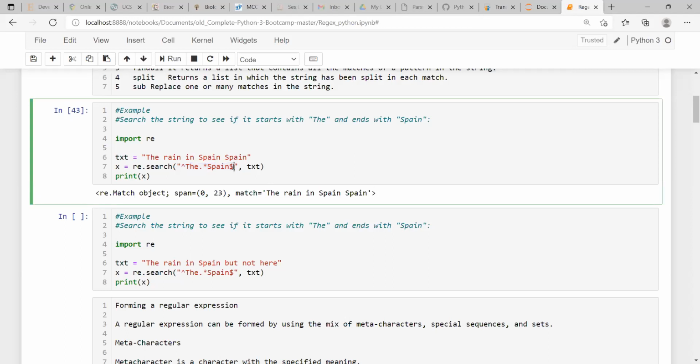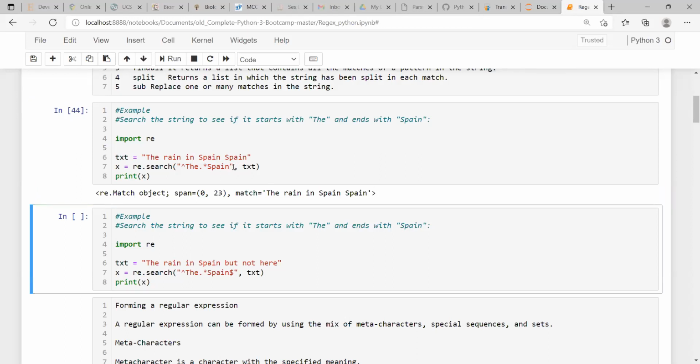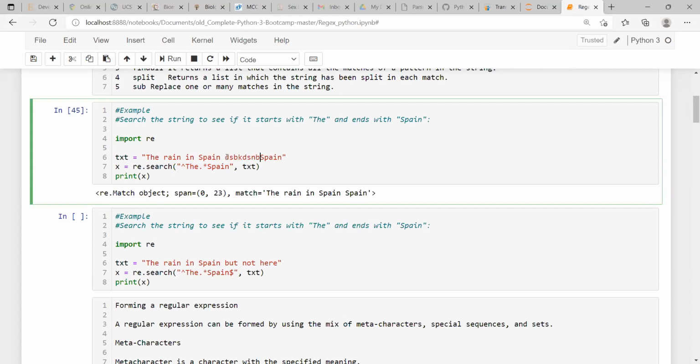Now, if you are not using this dollar symbol, then what will happen? If you run again, you can see that by default it is taking this exact same match, because we have written this at the end. Now I am giving something extra, then you can cross check what it is giving.